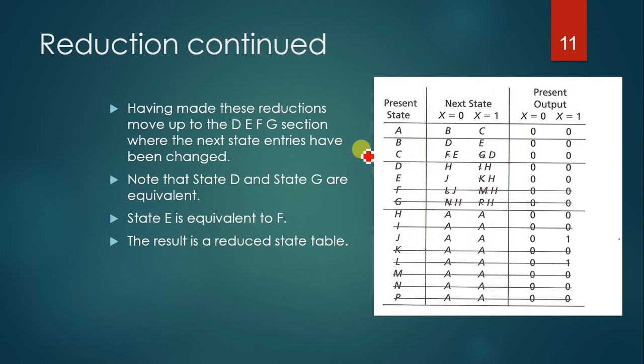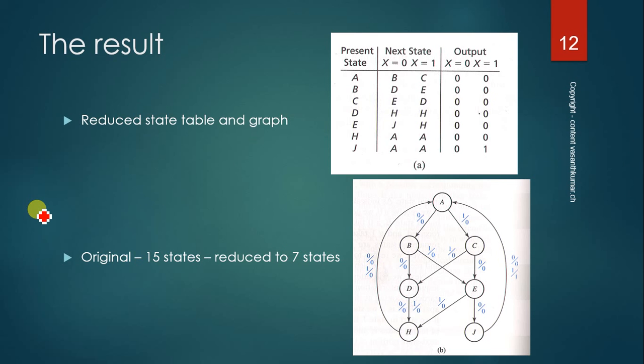Now D and G are the same thing. E and F are the same thing. Okay. So the final thing, after removing these two states, that is D, E and F, E, F, we will get the final reduced table. Like this you can continue till the end. Okay, so the movement of reduction should start from bottom to top. Bottom to top. Now you can start writing up your reduced table.